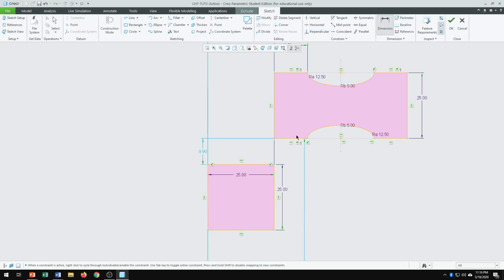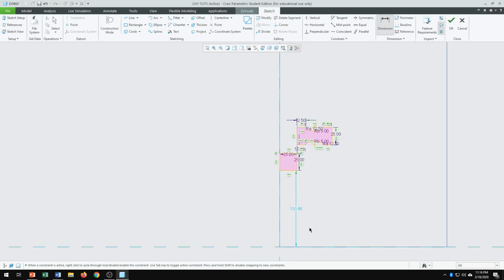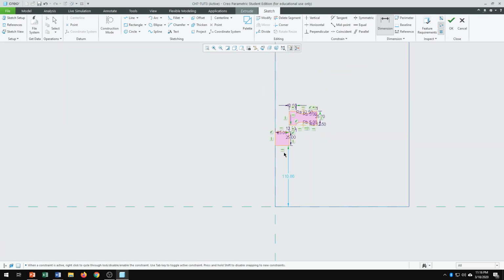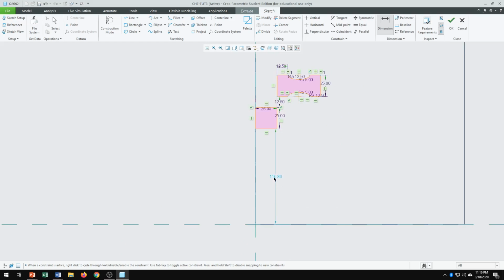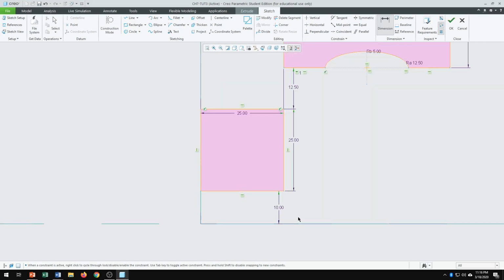So from here to here is going to be, I'm sorry, 12.5, not 10, 12.5, and we know that between this line and the bottom here should be 10. It's going to push everything down. Okay, 10. We're going to push everything down. All right, so